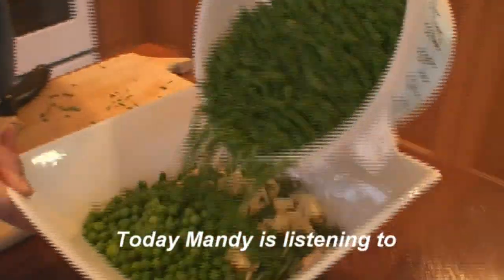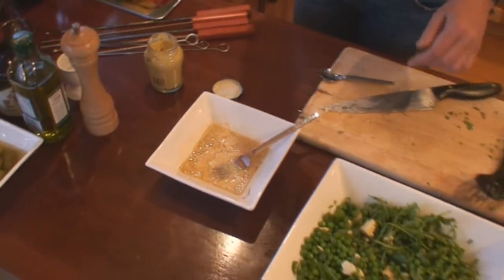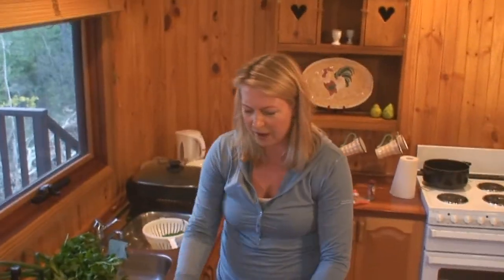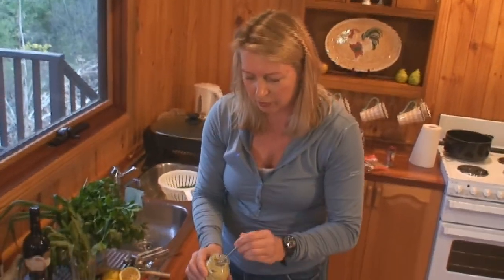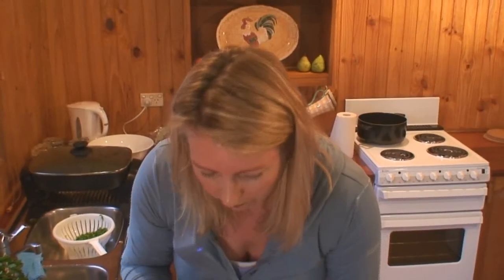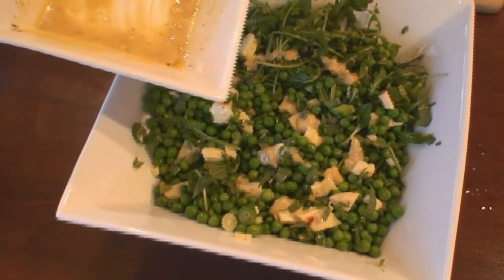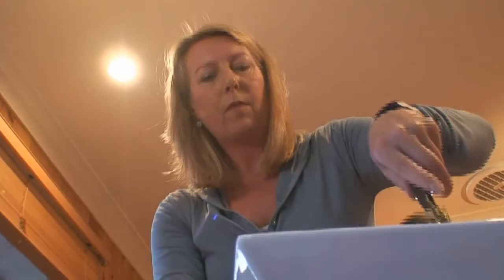The dressing's been sitting here for a little while, and I'm just going to test it just to see what the combination is. And I think it needs a little bit more Dijon, so I'm just going to add a fraction more. Look, perfect. Drizzle it, and I think 2 is enough. Just want to mix it through. I've finished this salad. The pea and feta is ready to go,